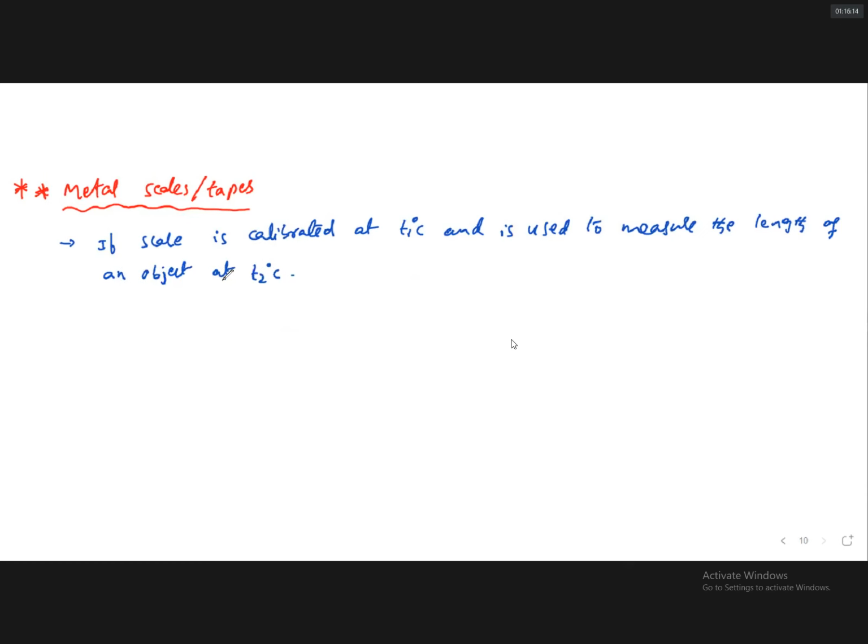So the measured length we can call LM. Suppose T2 is greater than T1,